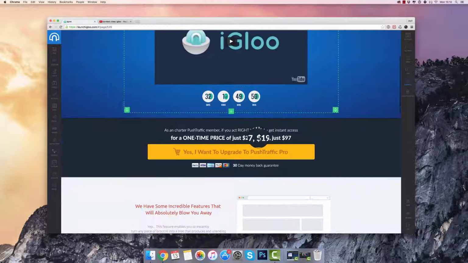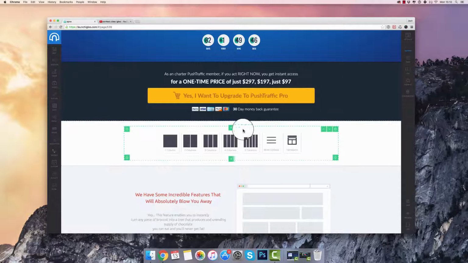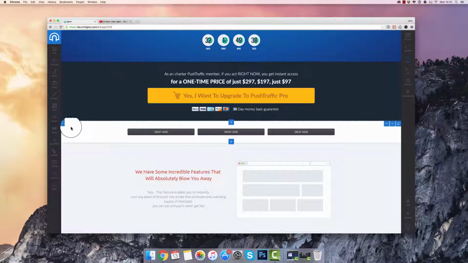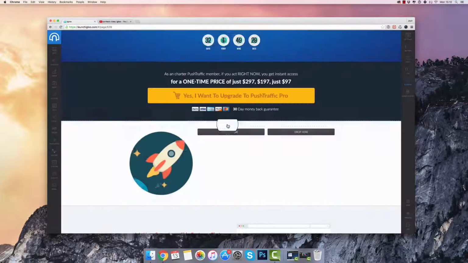Cool. So what we can also do is begin building out our pages using blocks, building blocks. So if you want to build one from scratch, you can simply go through and add a section. What you can then do is go through and select a layout for your section, so different rows. So let's say we want to have a 3-column row, and then we can begin adding elements directly onto our row. So for this example, I'm going to go through and add an image over here, like a features block,